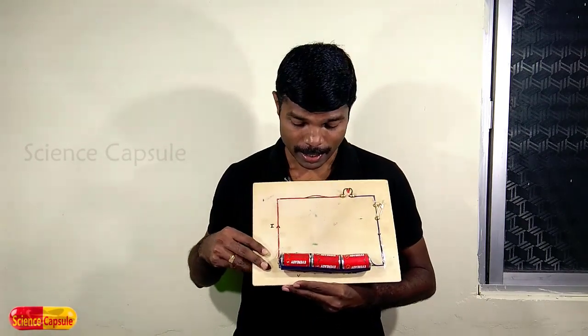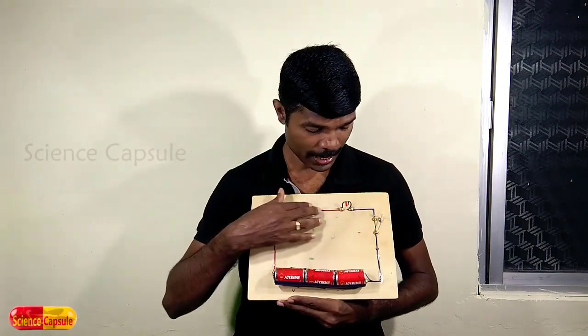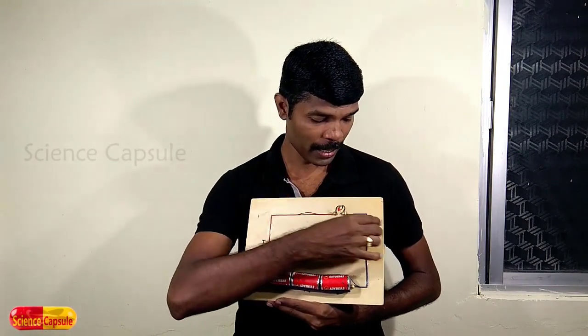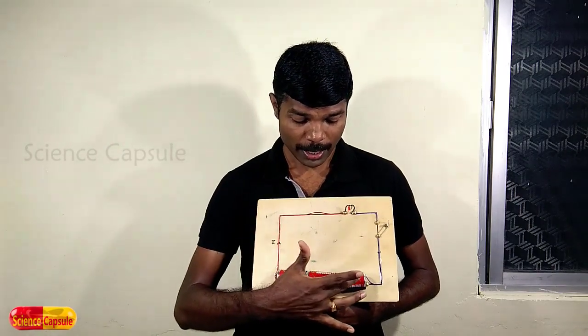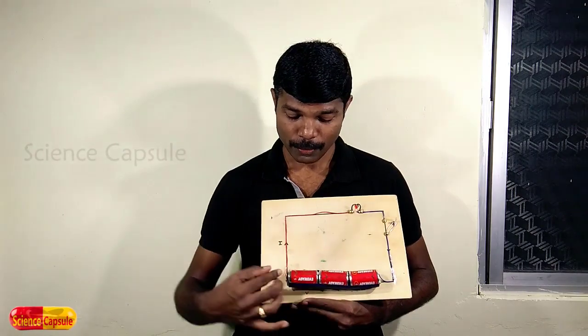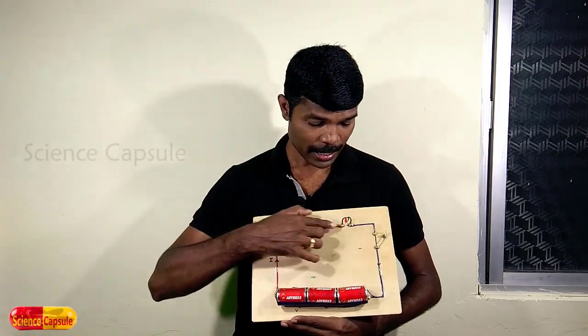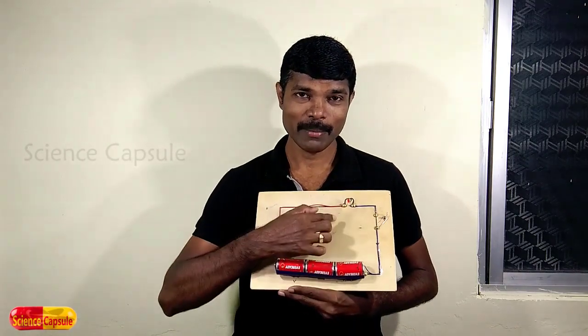Let us take an example here. I have a simple circuit as you can see here. Now, some cells are connected together, wires are there, a bulb and a pin is connected. Let us understand this in a simple way. Here, when the cells are connected together, the electric current flows from this circuit and reaches up to here. Once the circuit is completed, then the bulb will glow.